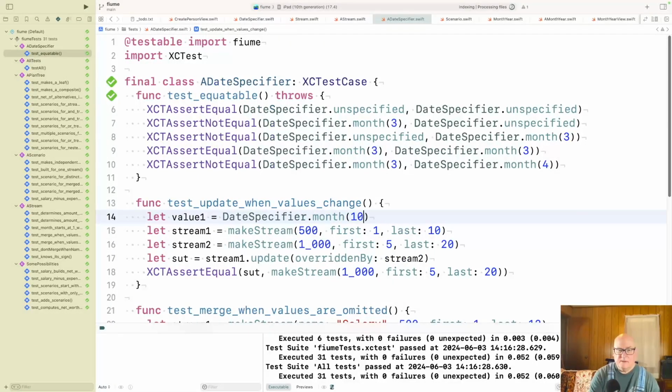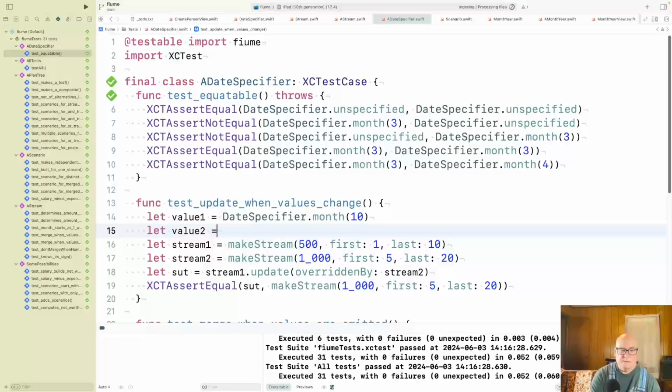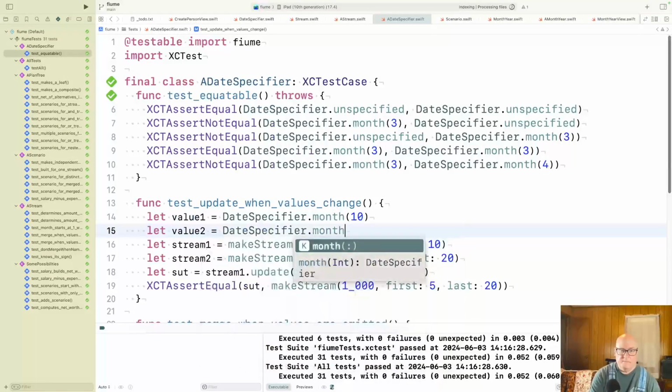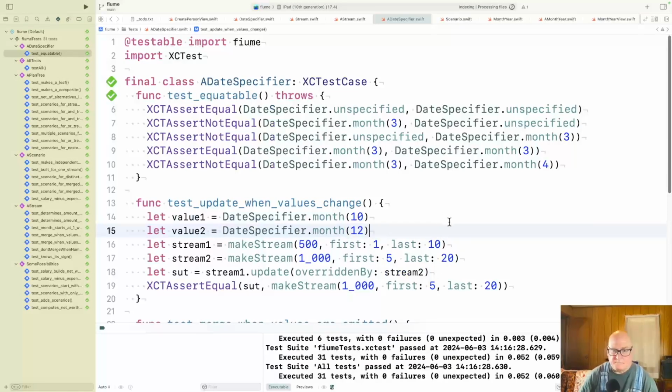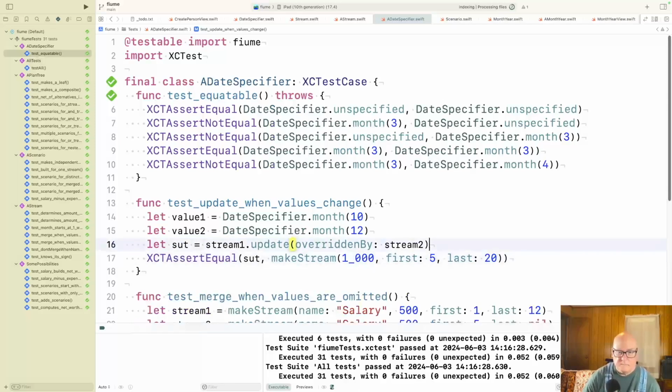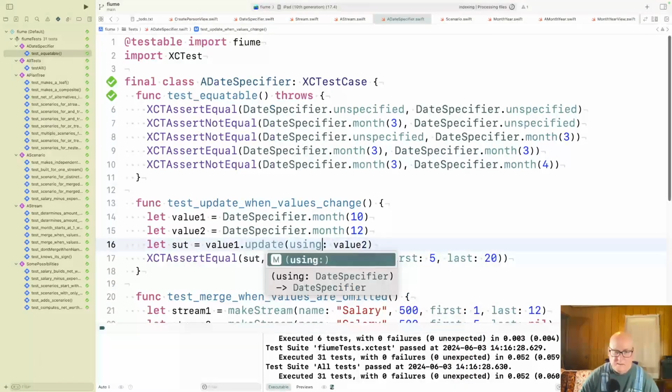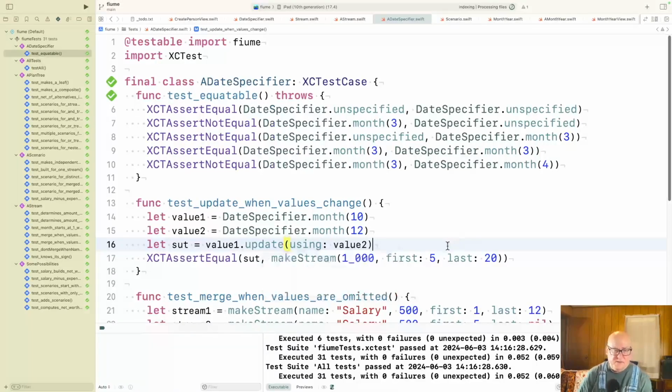All right, but we want to make date specifiers. Month 10. And this is using, well, it is now. We'll discuss.